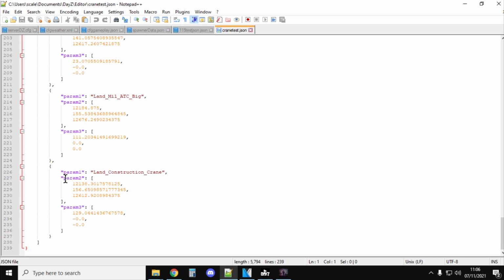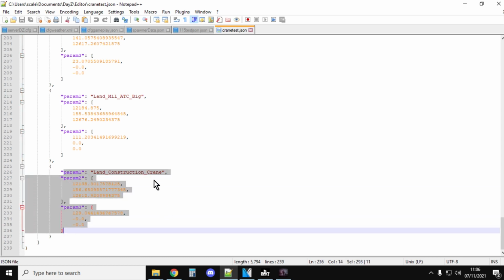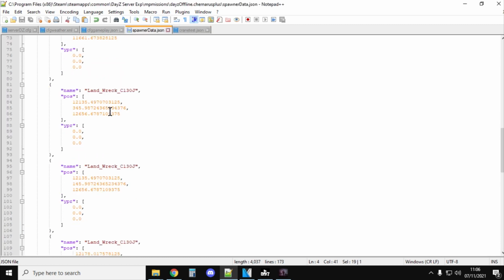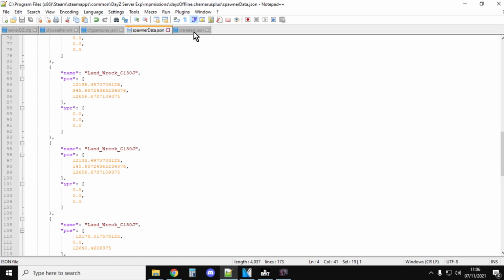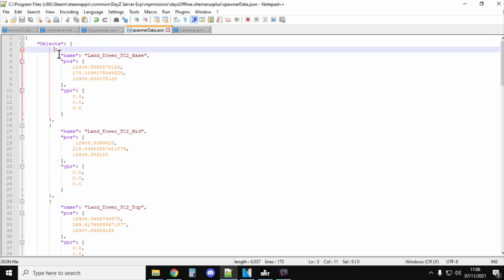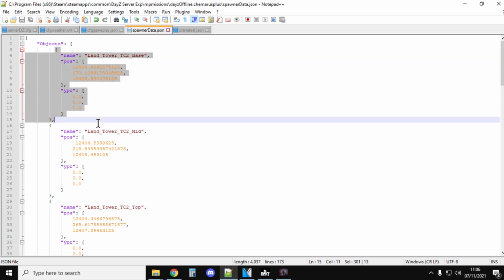There we go. So we've got land construction crane. So there it is. Now, unfortunately, the formatting is slightly different to what the spawn data JSON wants. You'll see that this one has pos, whereas this one says param. But it's okay. What we can do is if we go to the top and we just copy the land tower TC2 base. So we go from the squiggly bracket to the squiggly bracket with a comma. We just copy that